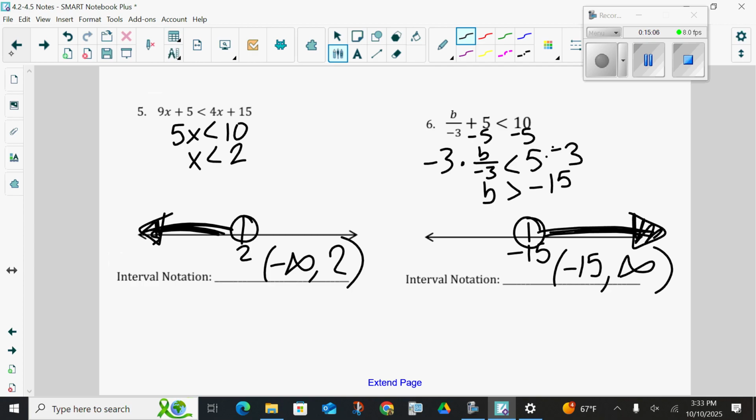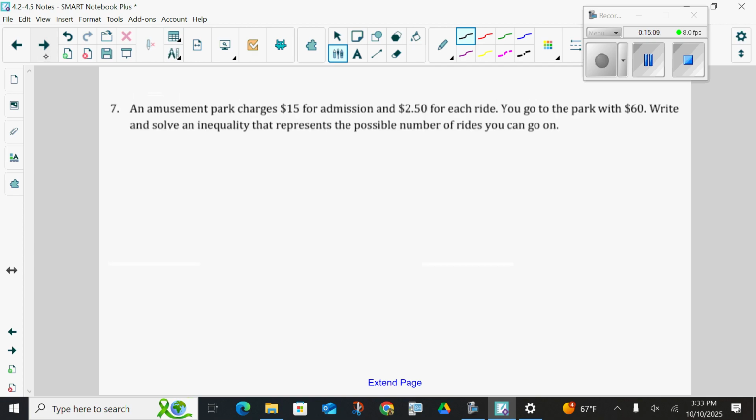Looks like we have that slide twice. Let's take a look at number 7, our first word problem. I'm going to do number 7 with you, and then I'm going to have you try to do number 8 on your own. Number 7 says an amusement park charges $15 for admission and $2.50 for each ride. You go to the park with $60, write and solve an inequality that represents the possible number of rides you can go. So we know that it's going to cost $15 plus